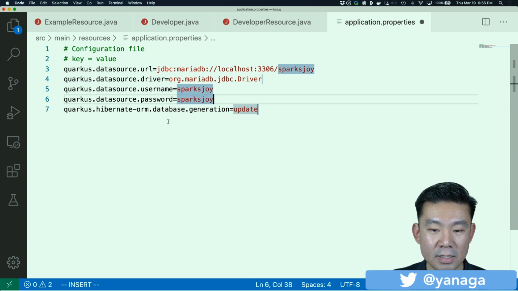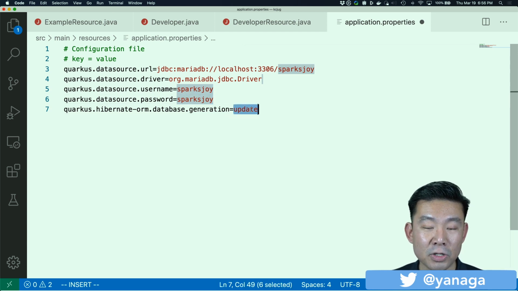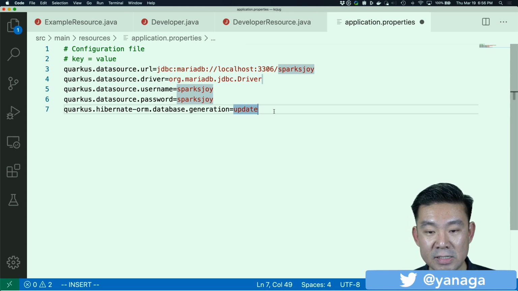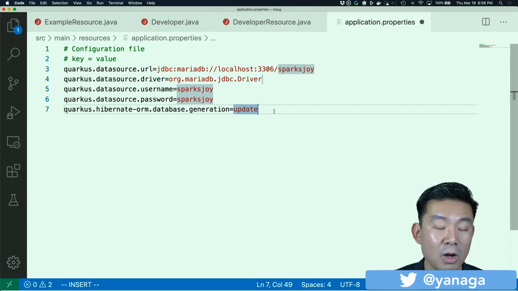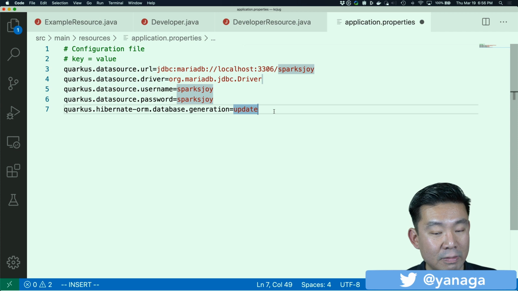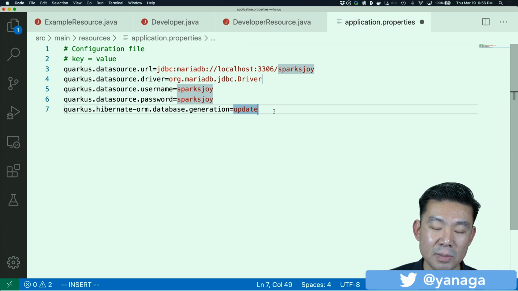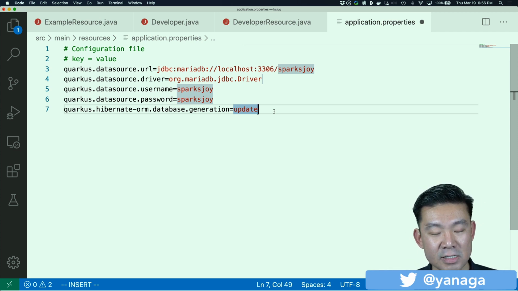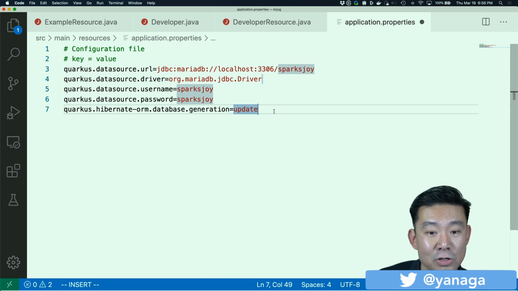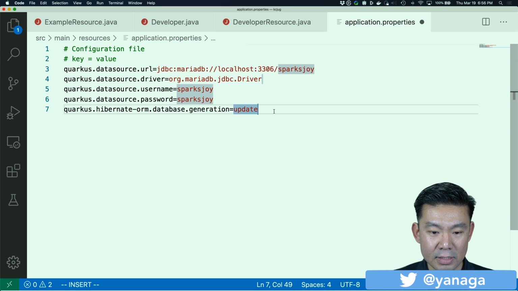And again, never do this in production. In production, you would be updating your database schema using a tool like Flyway, for example, which we already integrated with. But since this is just a demo, updating the entities on the fly as I save my files is very useful for demos, so we're going to keep it, at least for now. And it should be enough for us.